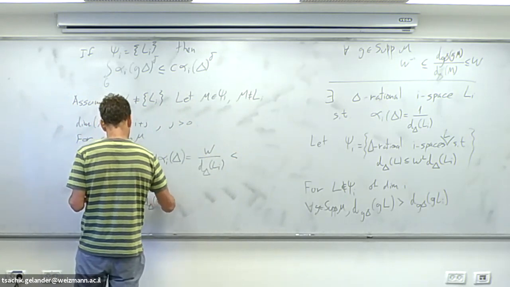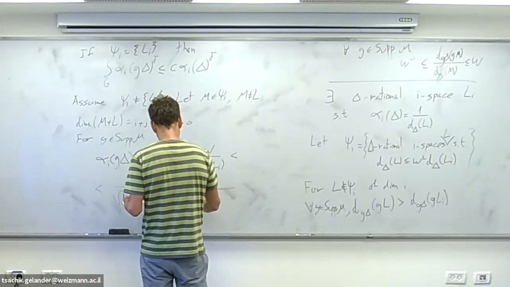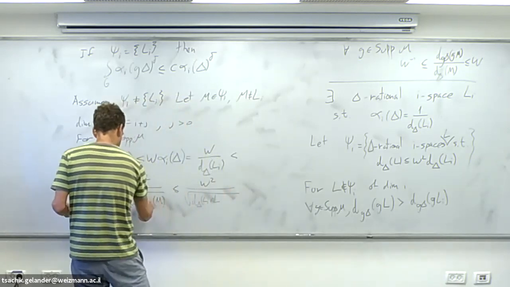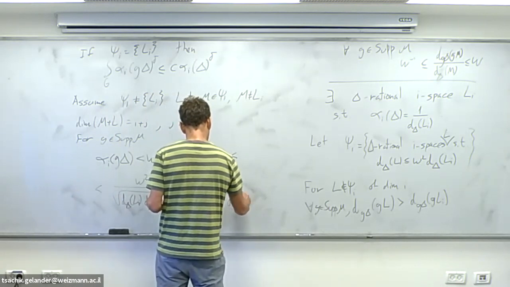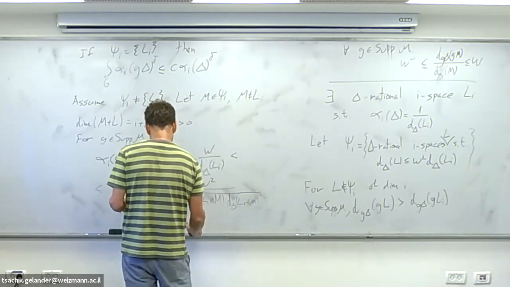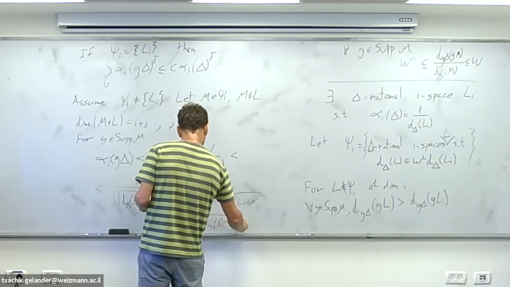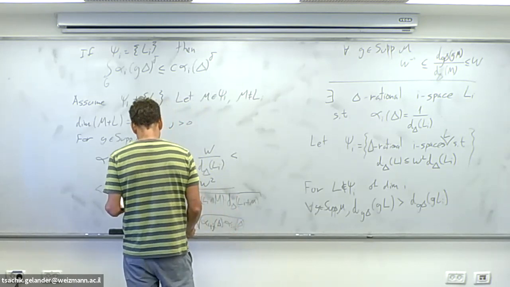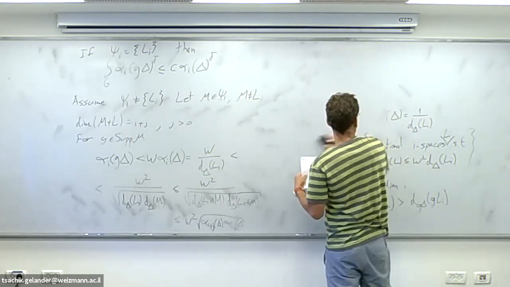Now, from one of the lemmas that we had, this is at most square root of d delta of the intersection times d delta of the sum, which is at most omega squared times square root of alpha i plus j delta times alpha i minus j delta. Therefore,